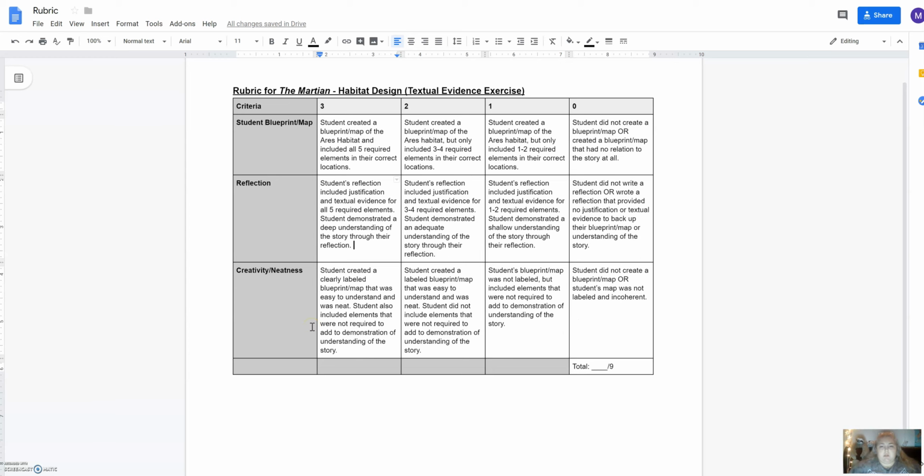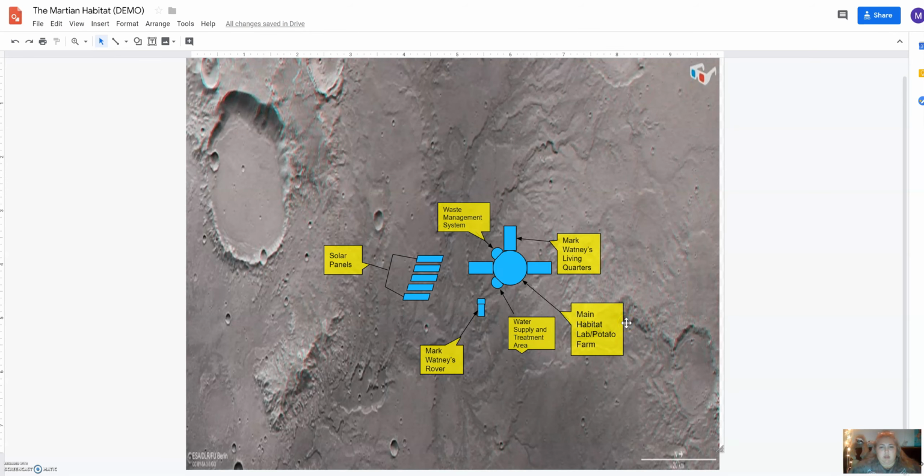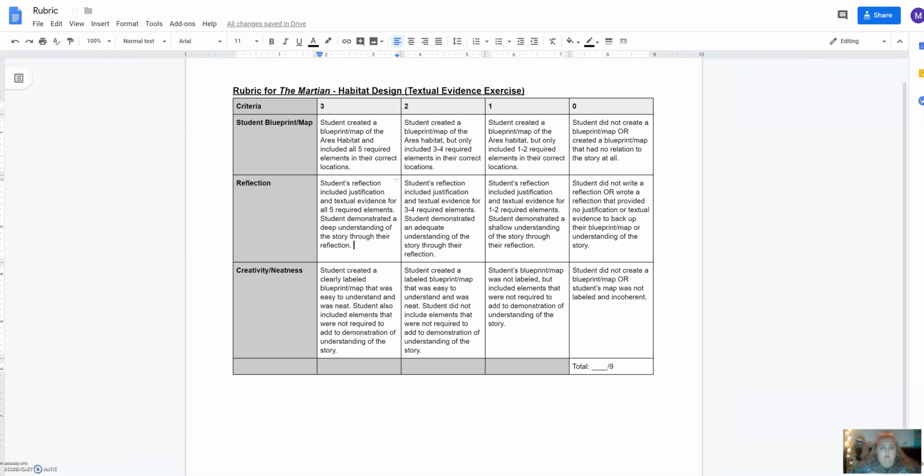I will give some of my students the opportunity to do this on paper, but that really has to be my artsy kids because the others just take advantage of that, and it's easy. This sort of thing doesn't get lost behind my desk or doesn't get thrown away on accident. It's in Google, so it saves it forever. So this is pretty much your easy way to do it. Let me go back to my rubric. So if a student gets all 3s, they'll get 9 points, and that's a